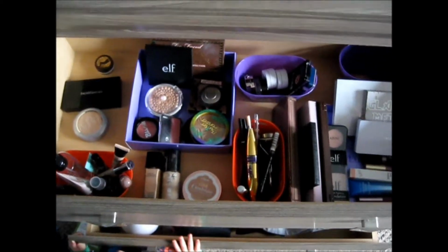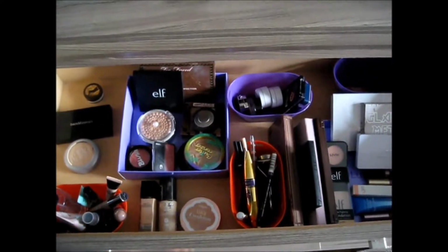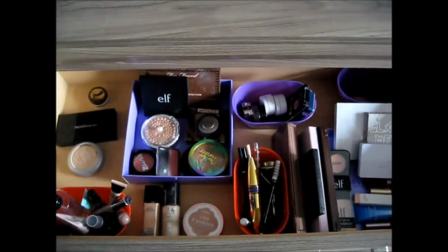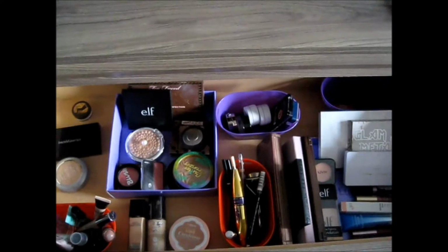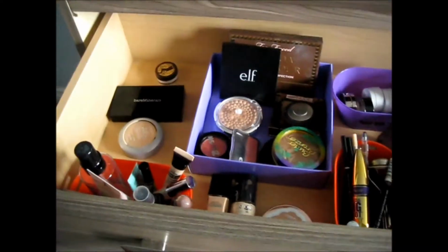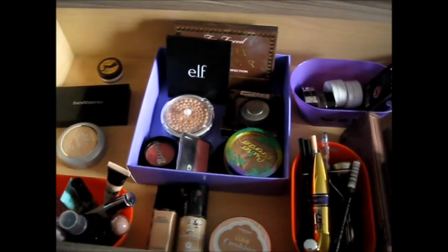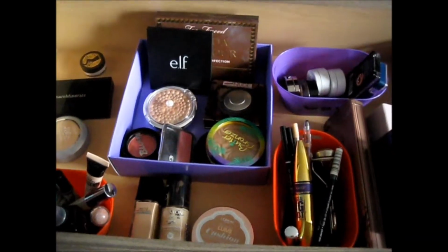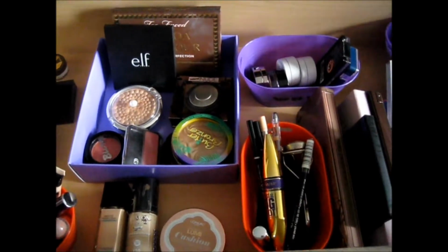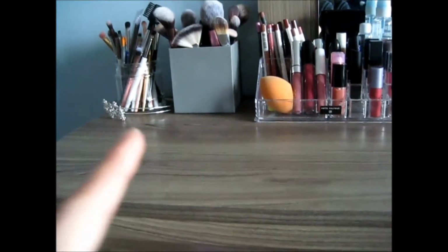So this is just its very first setup. I'm sure it's going to change as we go along. I'm not really sure how functional this is yet because, like I said, this is the first time I have done it. So today I'm just going to walk you through the products I chose, and then next month I will give you reviews on what's in here, and then we will shop my stash together and pick out products for the next month. So this is what the drawer looks like, and then up here I brought up my brushes,